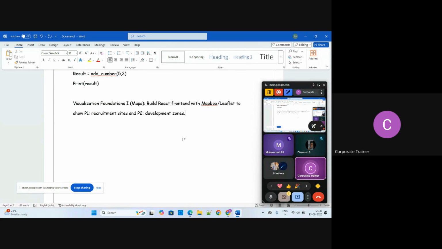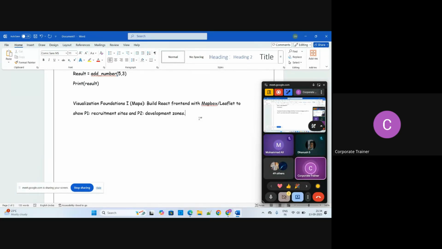Okay, so you can see that here I have to visualize the front end foundation, that is, here we are using a map. In our project, sometimes we have to add a map, and for this we have to use the front end Mapbox. I'll tell you how we can implement it.